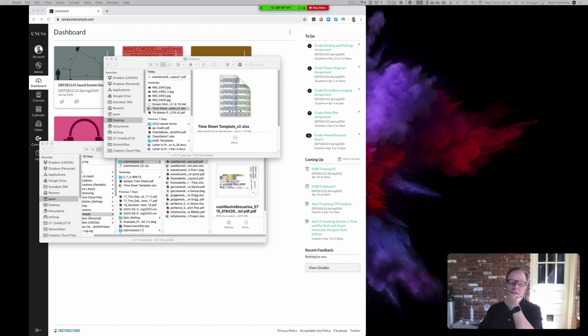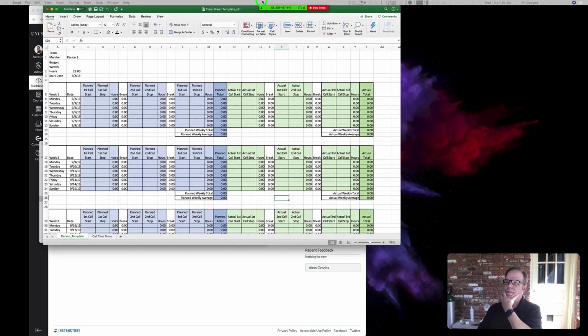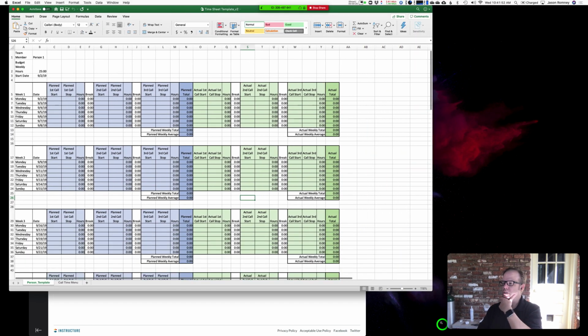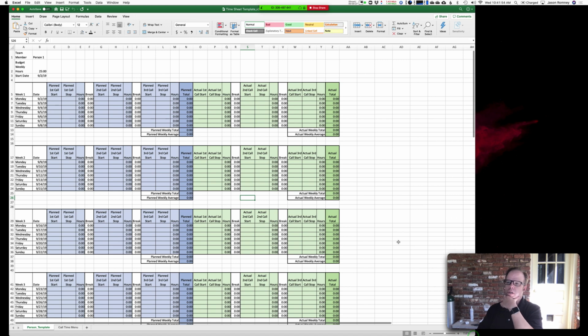Here is a template for a timesheet in Excel that I've made, and you can download this on the assignment. I'm giving you this template. So the goal with timesheet,